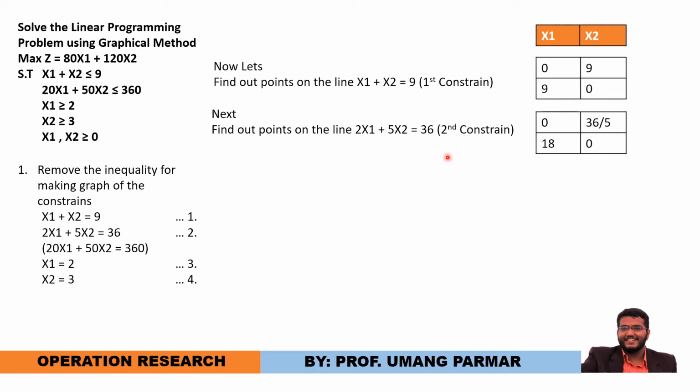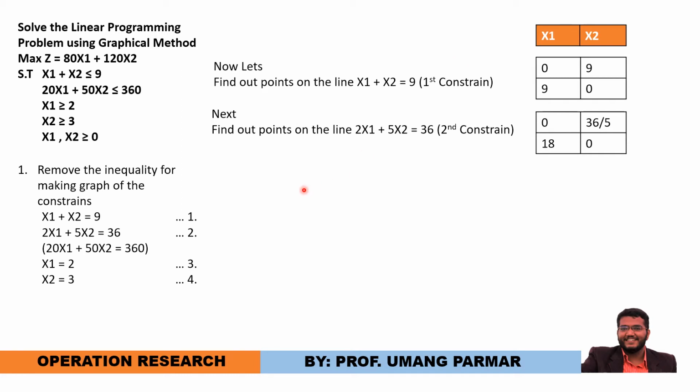Now the reason behind putting x1 and x2 one by one as 0 is that we get the points which will be on the x-axis and y-axis. So within the quadrant, we are having the extreme points. Because we are having x1, x2 both greater than or equal to 0, it is very clear that we are only working on the first quadrant. So when we are working on the first quadrant, if we put x1 equals 0 one time and x2 equals 0 the second time, we will have the points on a particular axis, the x-axis and y-axis.